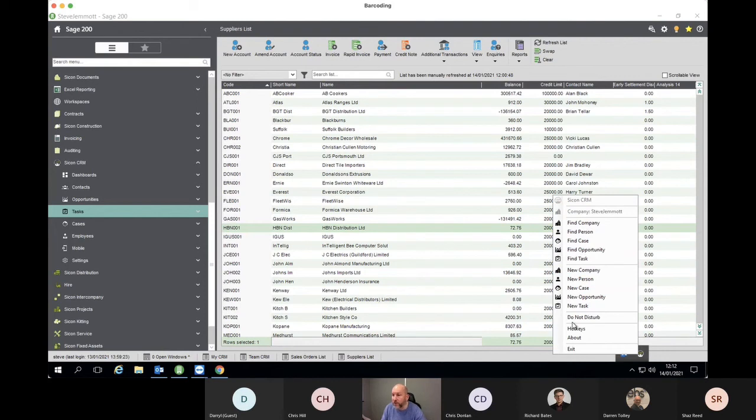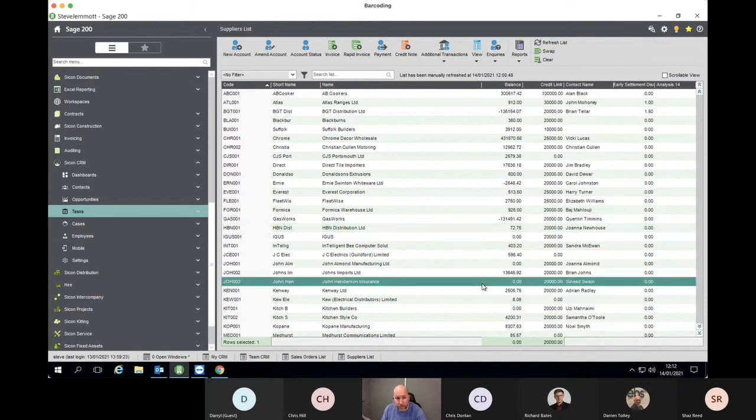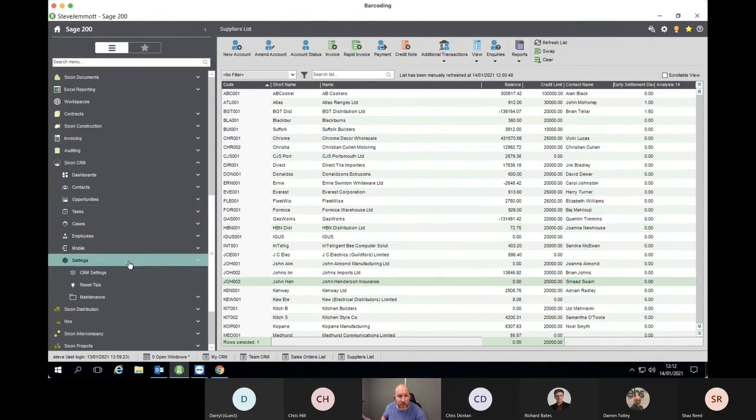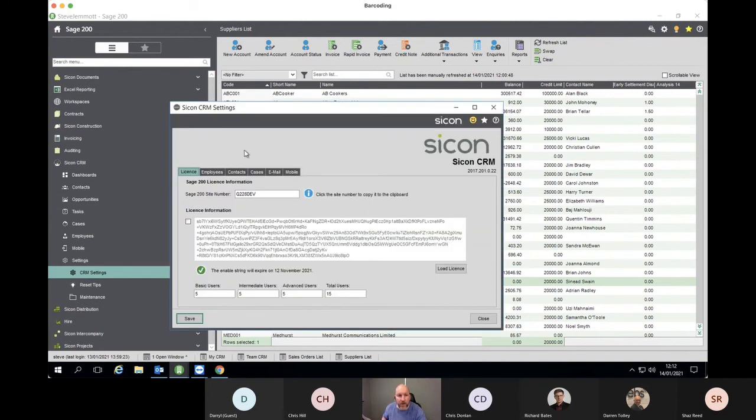But I can also set to do not disturb. So if you're on a conference call, a bit like this, I've set my emails and that to do not disturb at the moment. So you're in an important meeting, you don't want these pop-up reminders, you just set do not disturb that way. So just to summarize, in terms of the commercial side of things, CRM, it's installed in